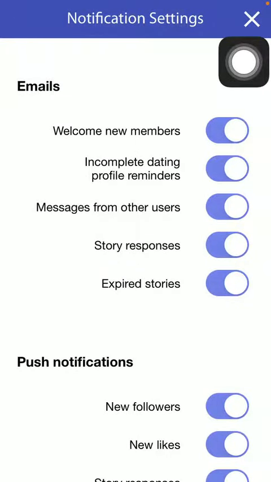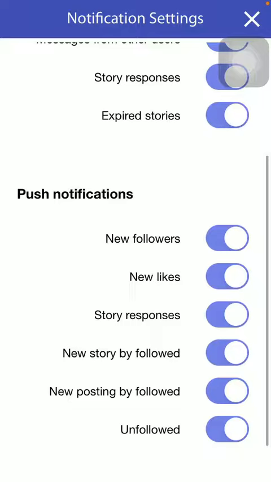set two types of notifications in terms of your email. So if you want to get notifications about new members, tap on this button. You can also get notifications about incomplete dating profiles, then message from other users, story responses, expire stories, and you can set the push notifications about new followers, likes, story responses, new story by followed, new posting by followed or